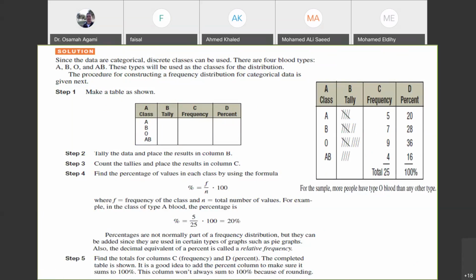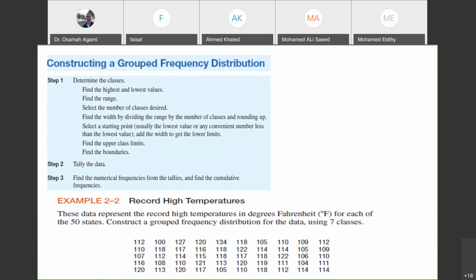Be careful. When you sum the frequencies, you should get the total number of data. And when you add the percentages, you should get 100%, because the total number corresponds to 100% of your data. Clear? Okay, if you have a long data set like this one, it is really difficult to graph